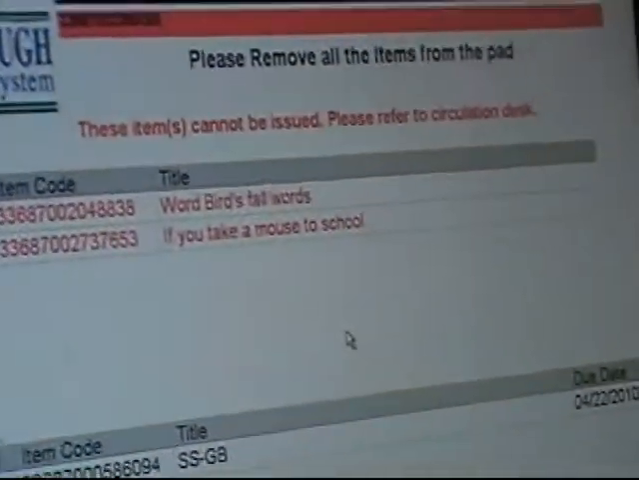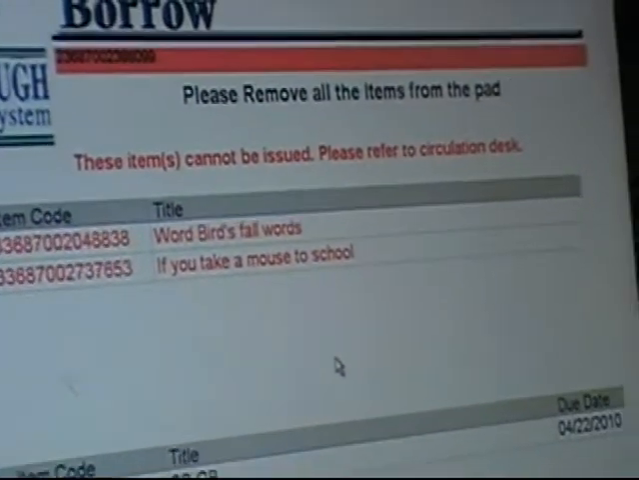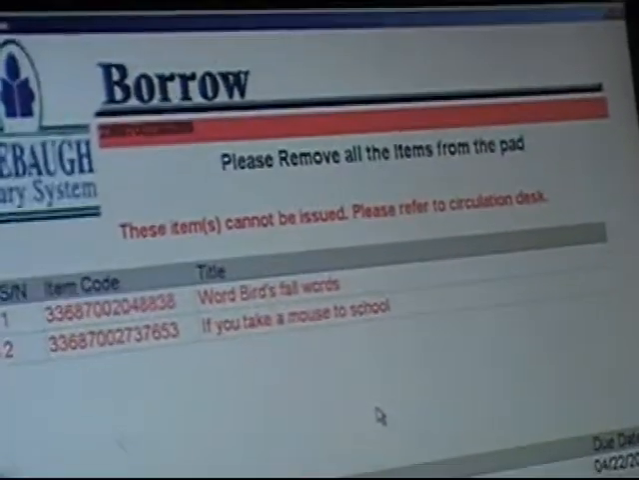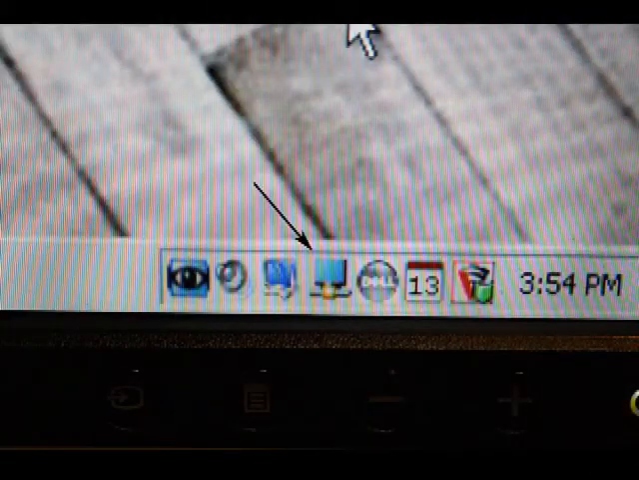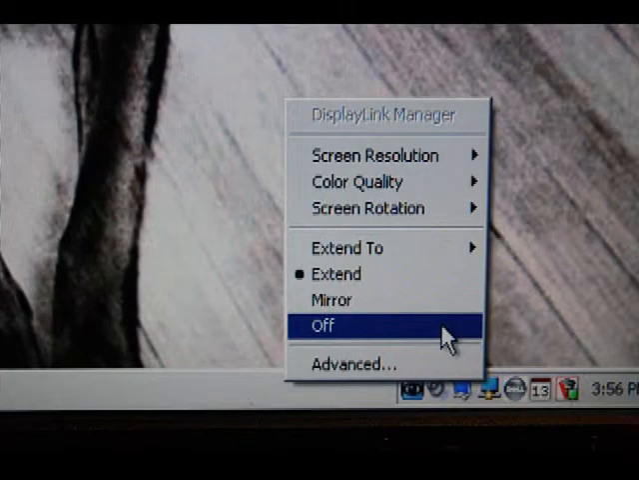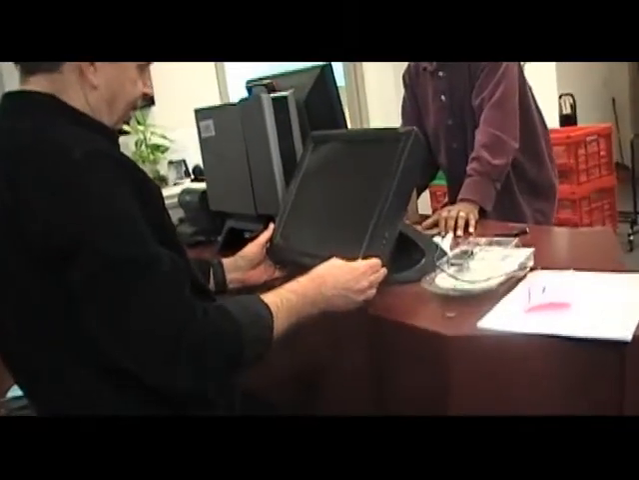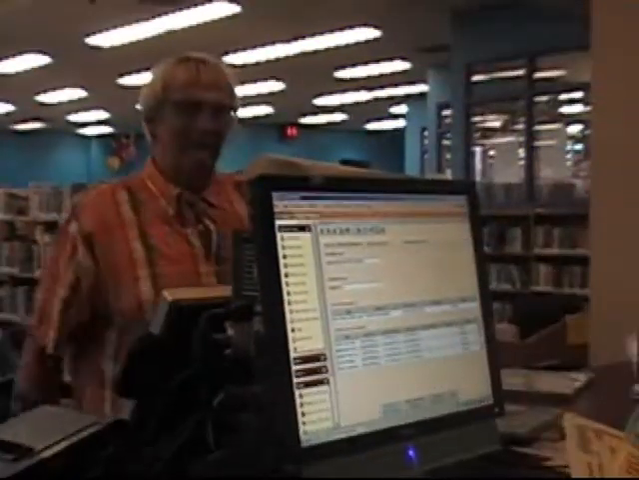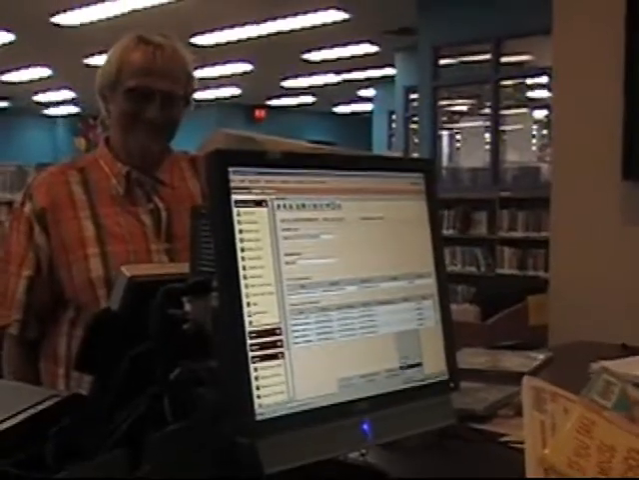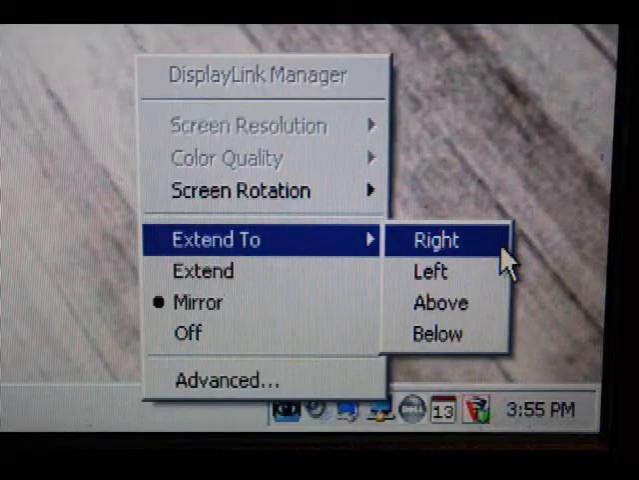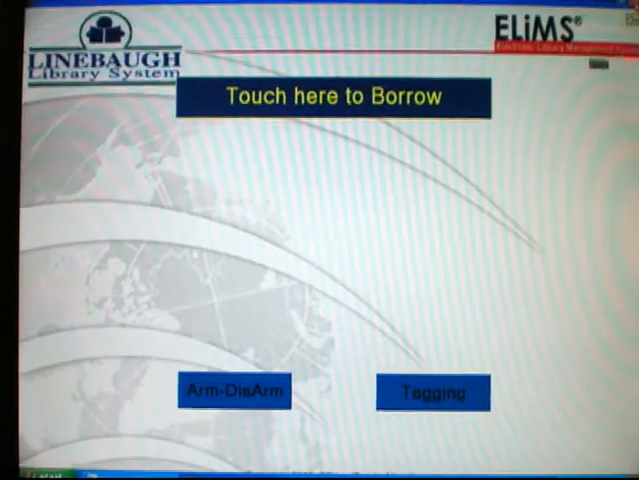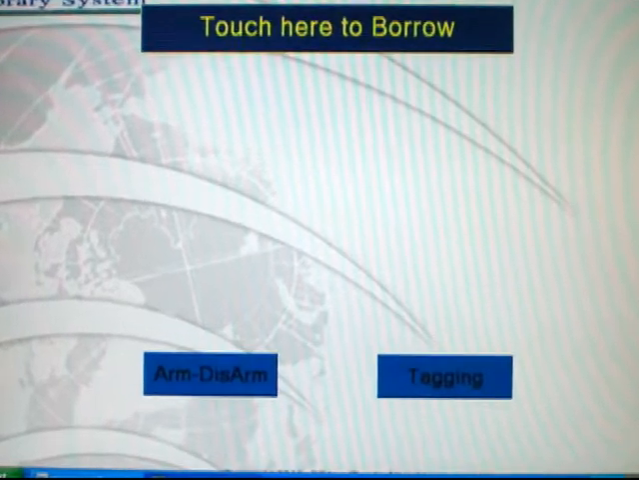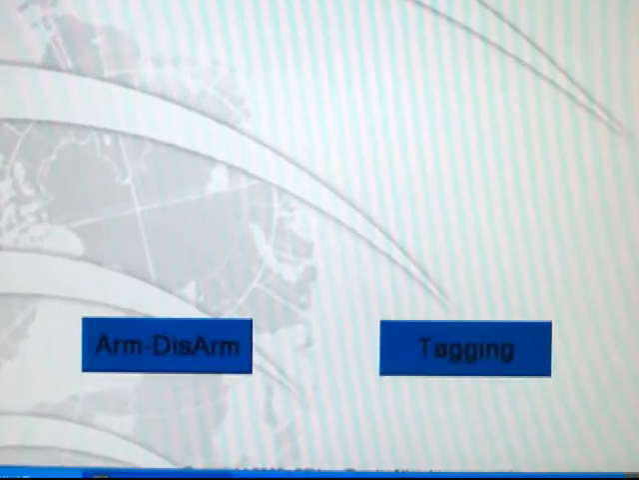This will also be beneficial if a patron needs assistance, allowing you to view their exact problem. Once the issue is discovered, right-click on the same monitor icon and select the Off option, which makes the patron screen go blank. This will allow you to go into workflows and fix the issue without the patron seeing sensitive material. Once the issue is resolved, follow the same steps as earlier to move the Borrow screen back to the patron's side. Please note the self-check station also has the arm, disarm, shelving, and tagging functions, which will be shown